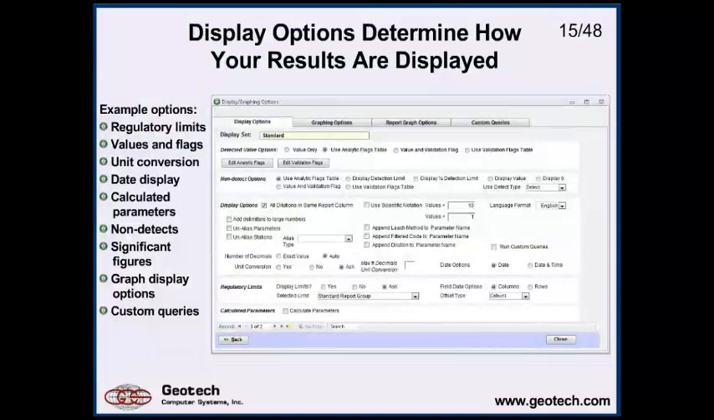Now the next thing I said, data selection, display options, and we'll get to output type in a minute. This is a form where the user is telling the software how they want to handle various things. Do I want to display regulatory limits? If so, which limits? Values and flags. So if I have a U flag for undetected,